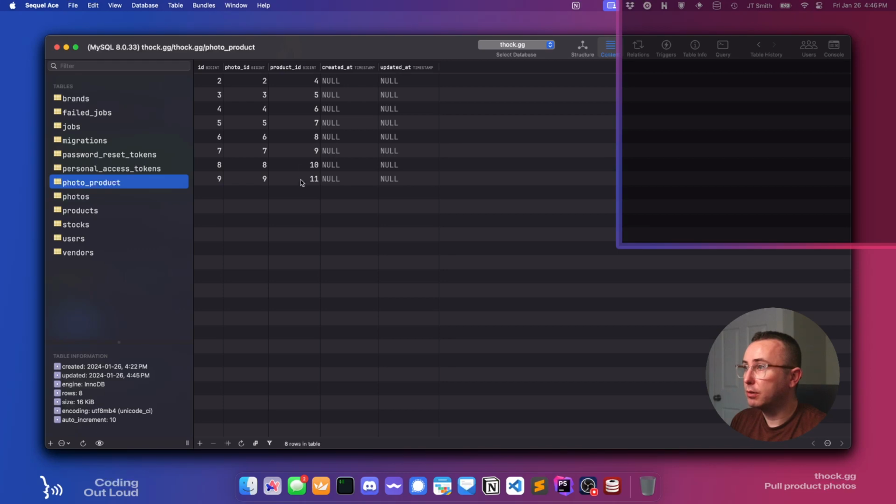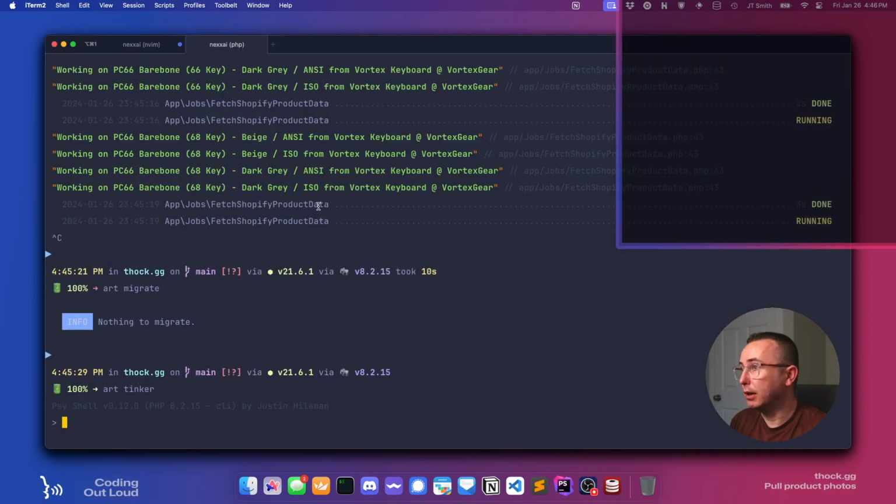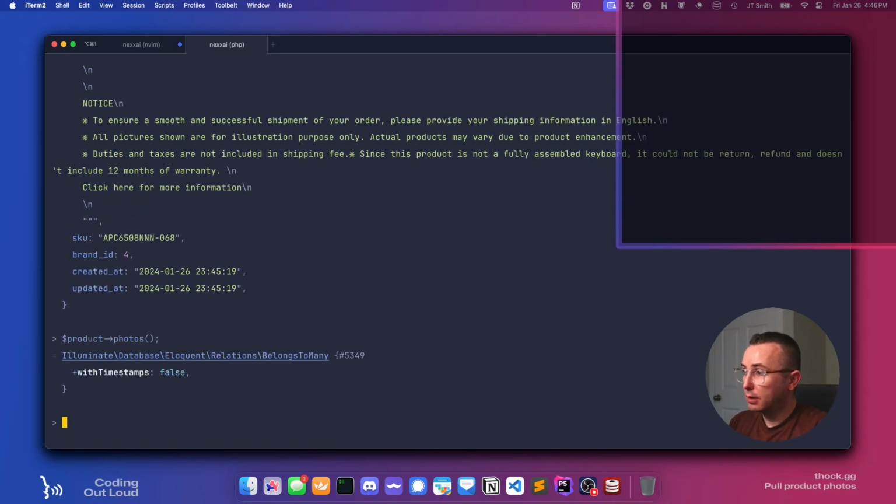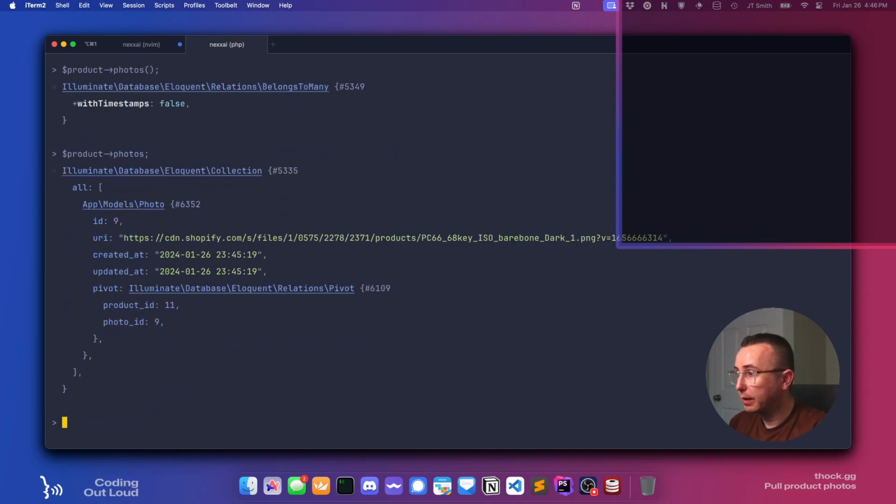So, product with product ID 11, let's say. Say product equals product find 11. Okay, so it found it. So if we say product photos, and there you go. There's the photo for product 11 using our lookup table, pivot table, with the